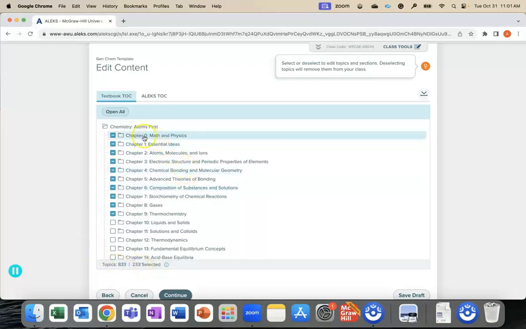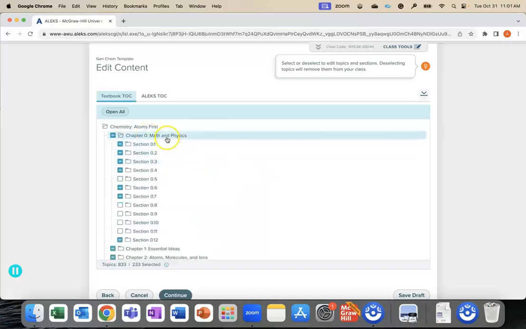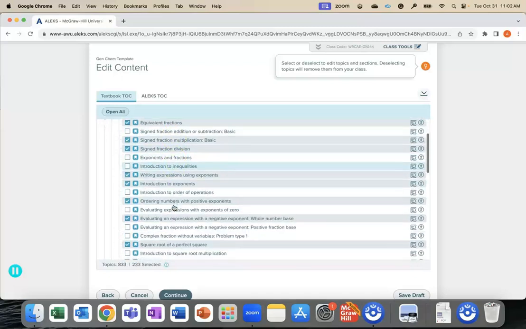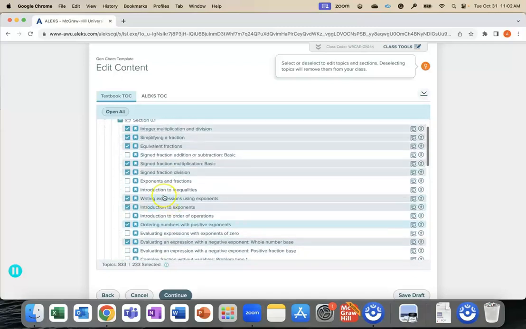If you want to change any of these, you can see what's currently in your course by what's blue, which means it's checked versus unchecked. So there's something from Chapter 0 that's already in the course. When you open up Chapter 0, you'll see all of the sections from Chapter 0, and you can see which sections currently have things in it with that blue marker again, and then you can see which ones are checked off versus unchecked. So if there's anything that you don't want in your course that's currently in it, you just uncheck it, and if there's something that you do want that's currently not in it, all you have to do